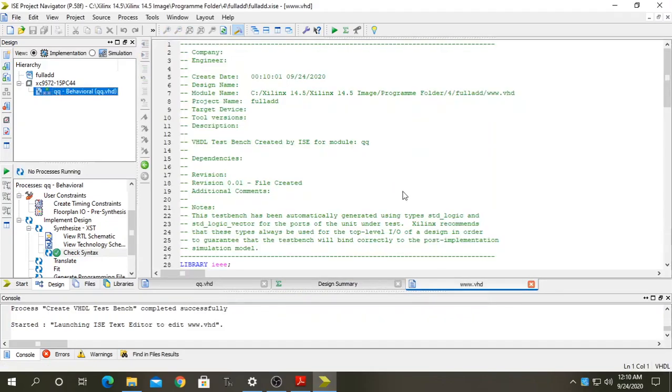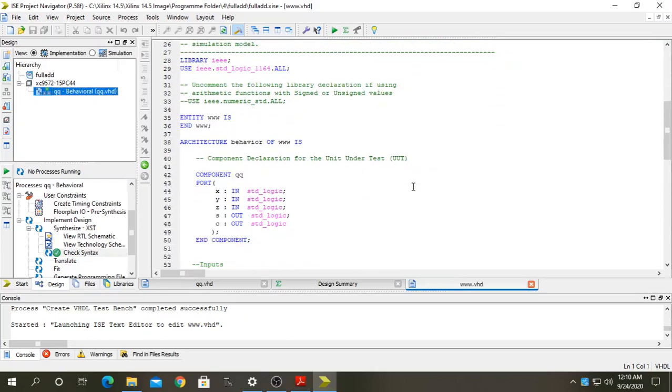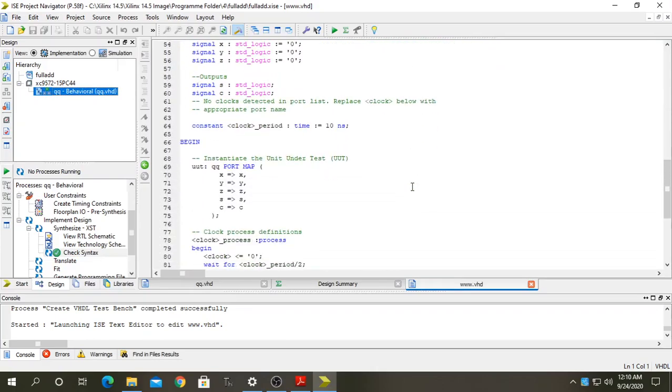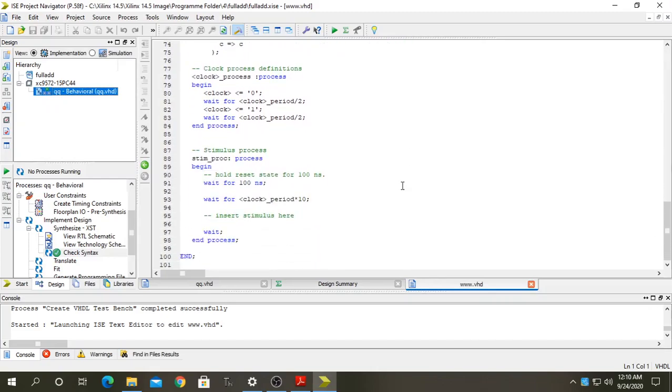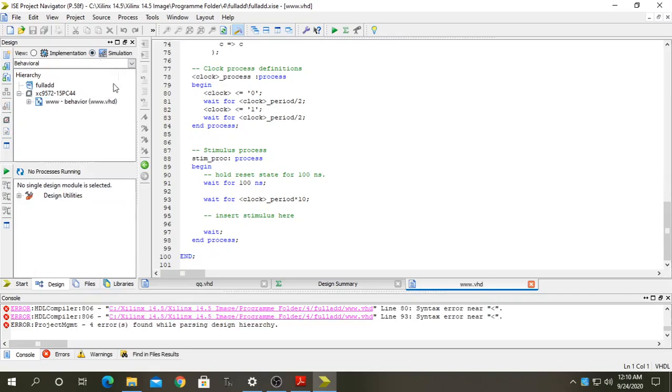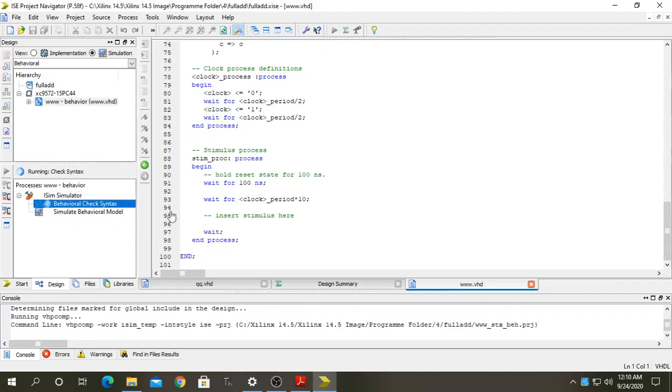It will produce the syntax for your test bench waveform. You just have to check this and right click over the simulation.